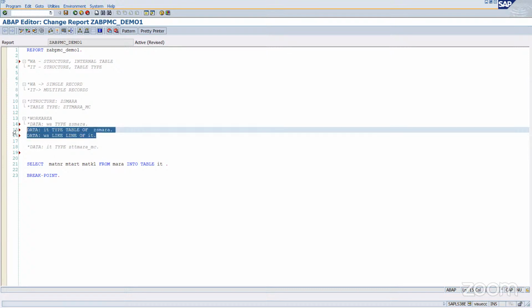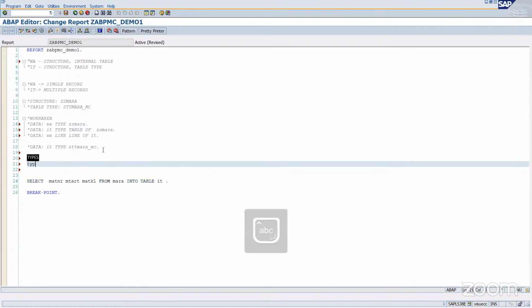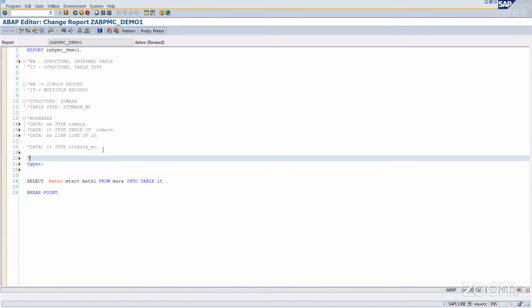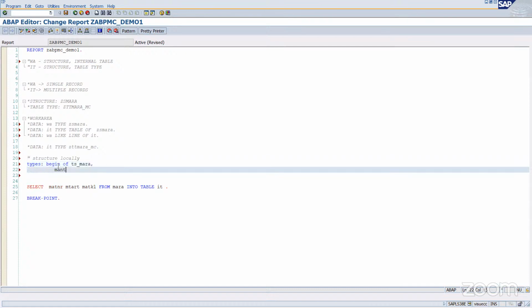Now, one more thing I would like to share. All these things which we have declared over here were global, right? We have declared them using SE11. What if we want to declare them here in the program itself? For that purpose, you have to use the TYPES statement in order to define the structure locally. So how can you define a structure locally? Using TYPES. Begin of ts_mara, matnr type matnr,